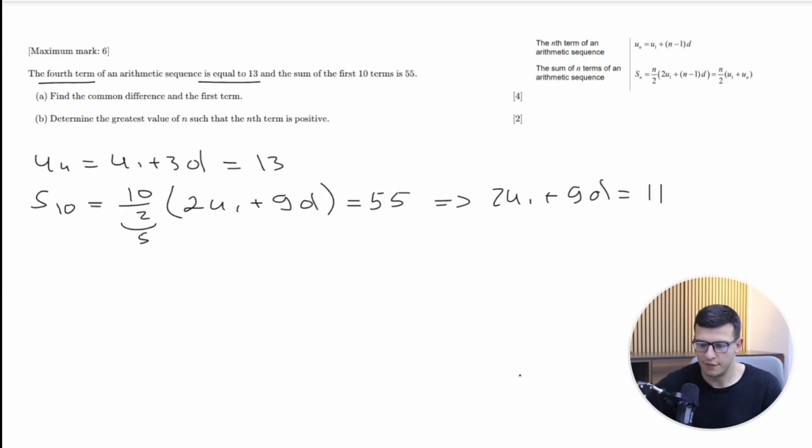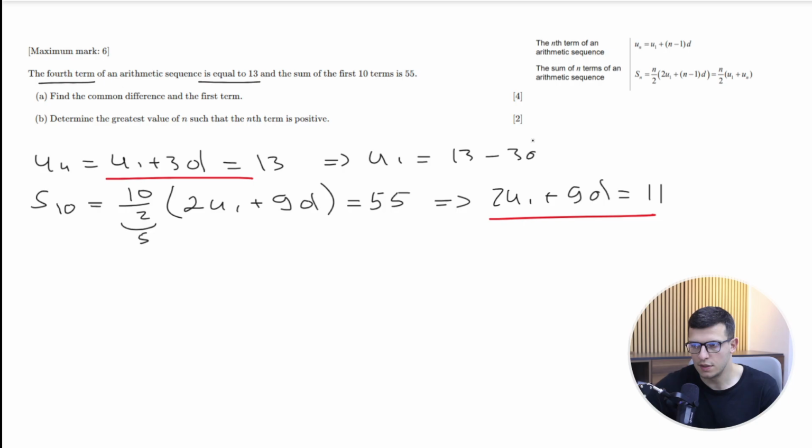So what do I have here? I have two equations, equation 1 and equation 2. Can I do simultaneous equations? Absolutely. What can we do? We can do substitution here, although I don't like it very much. But let's try it. So u1 is equal to 13 minus 3d. And let's use that u1 in this second equation. So 2 times 13 minus 3d